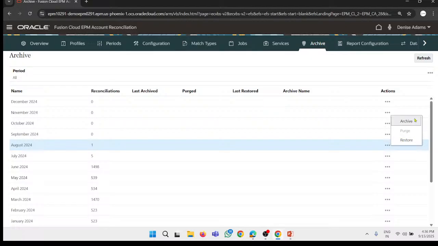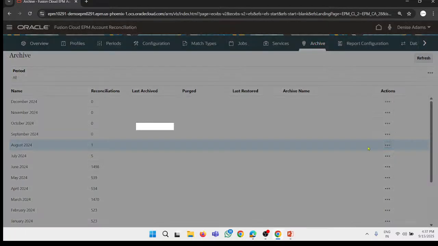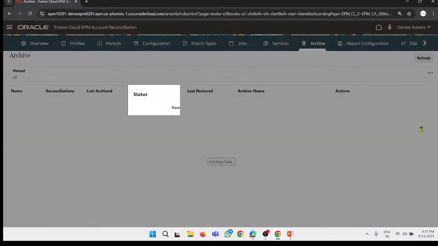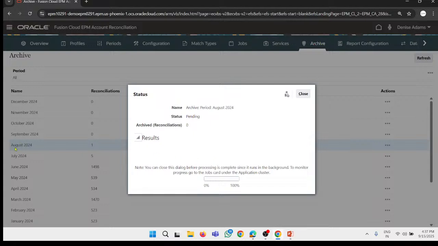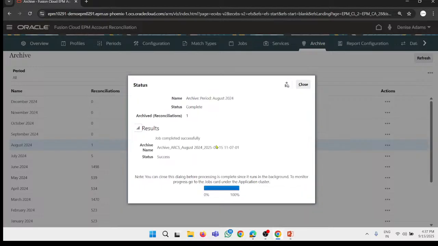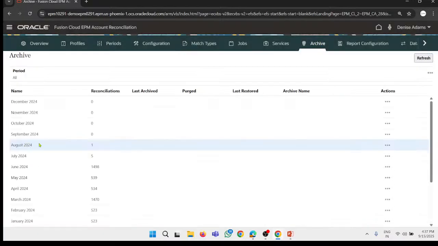Okay, so if you want to archive, you can archive it from here like this. For August it is 1, and when it is done, August 2024 goes to 0. Okay, let's see. It will take a few seconds. Okay, the job is completed, status is success. And when I go for August, refresh it,